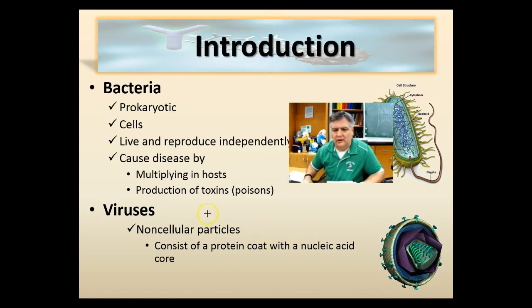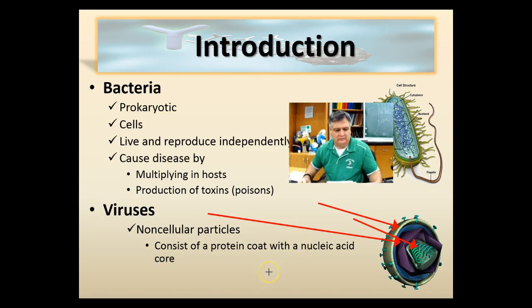So when we take a look at viruses, here we can see in purple the protein coat, and here underneath the protein coat we can see the nucleic acid core. Now that nucleic acid core is made up of either DNA or RNA, but never both. Now those are the two main parts, but the virus may also have some other components, like, for example, this membrane right here that this particular virus has, and it actually got that membrane from the host cell that it infected.